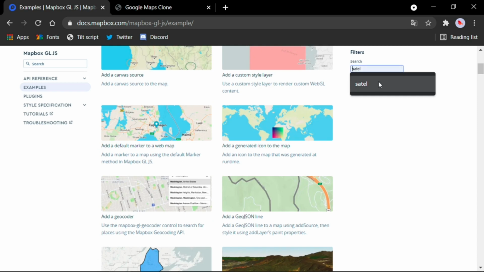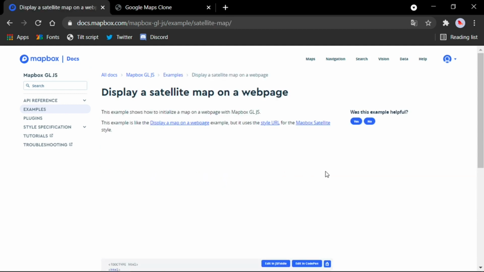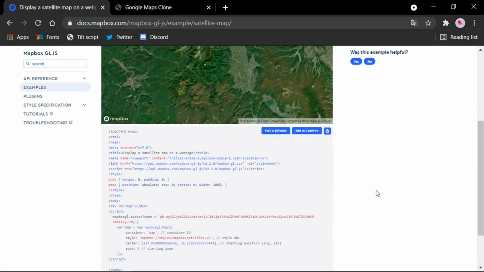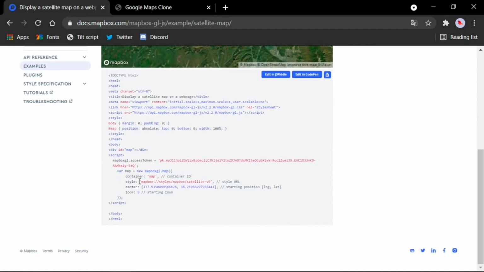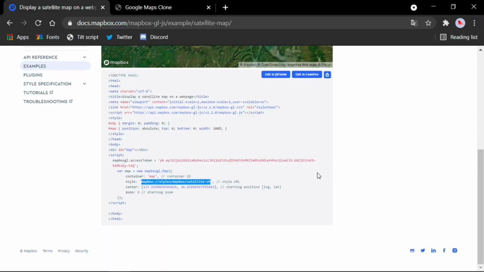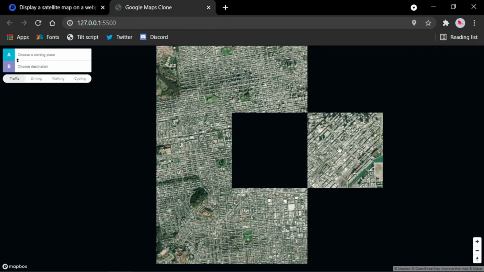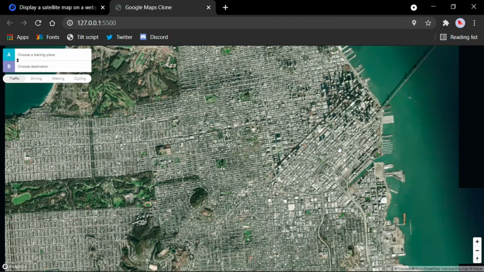So let's search for satellite, and here is, let's click on this satellite example, and then you can see this style for our satellite. Let's copy this and paste it here. So if you come back to our Google Maps clone, you will see this satellite view version of our map.